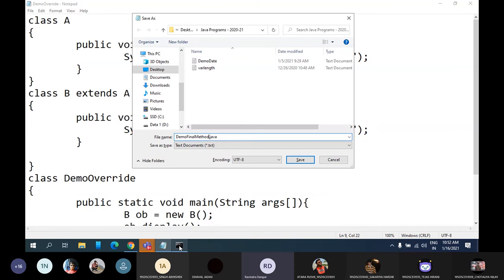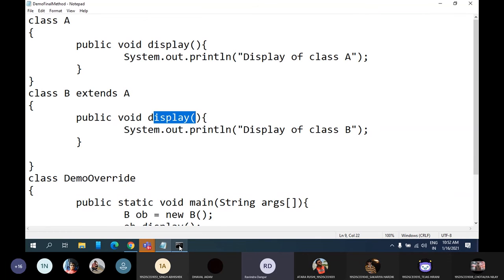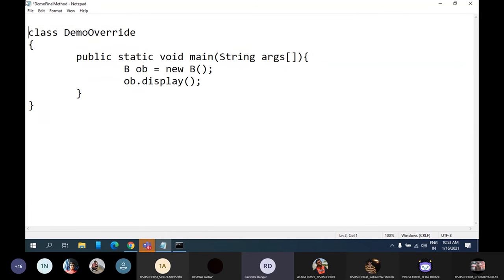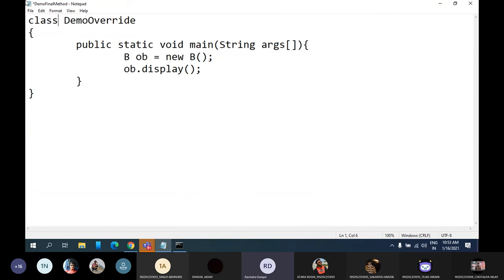If you remember, we were using the final keyword with a variable, then we can use final with a method, and we can use final with a class also. We have discussed final with variable and class. So can anyone tell me what was that? What if we define any variable with the final keyword?